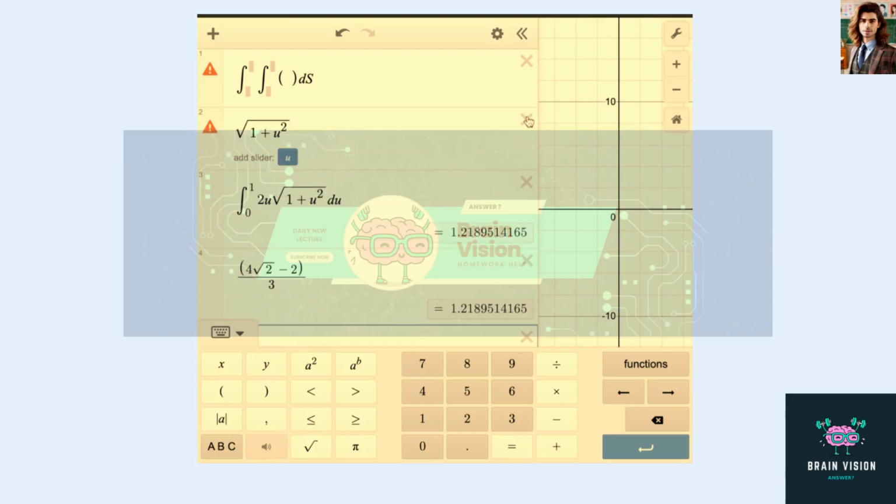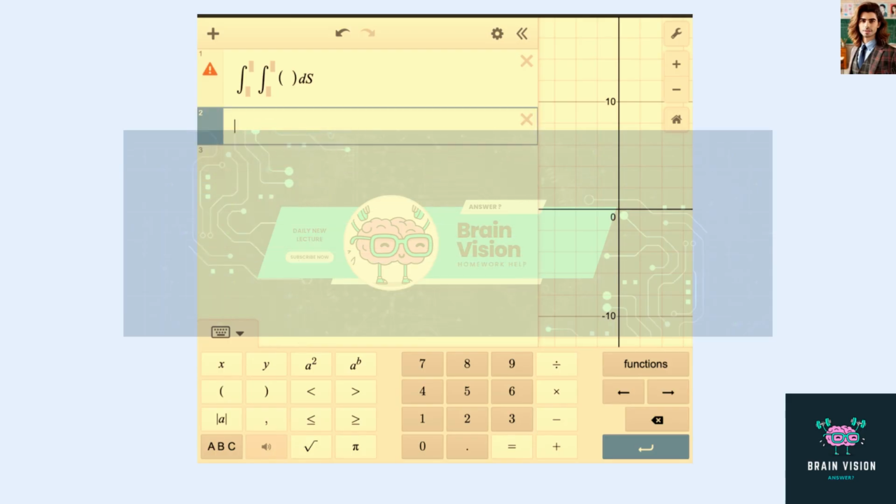Our goal here is to evaluate this surface integral with the information that we're given. So the first thing we want to do is determine which formula to use. In this case, since we're given a couple different equations and functions, one that we could use is